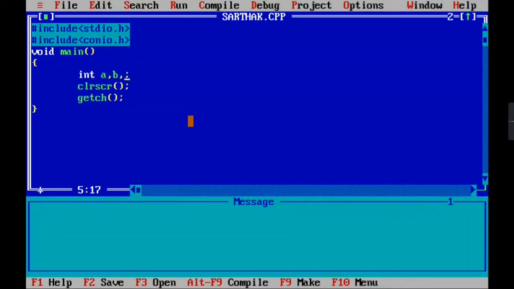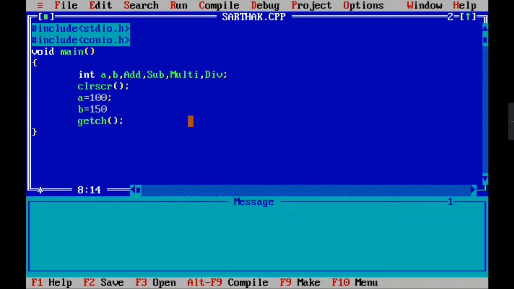So in the int declaration we will define addition, ADD, then subtraction, SUB, then we will write multiply, MULTI, and then we will write DIV. Now we have written DIV, and after clear screen we will add the values. We have to define their values. So A is equal to 100, and now we write B is equal to 150.